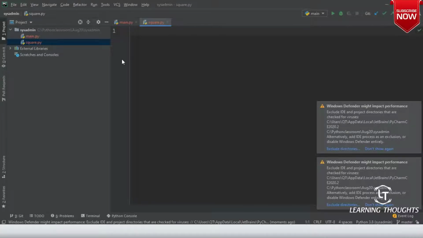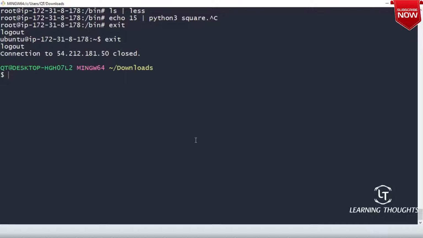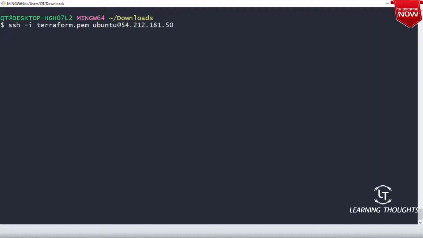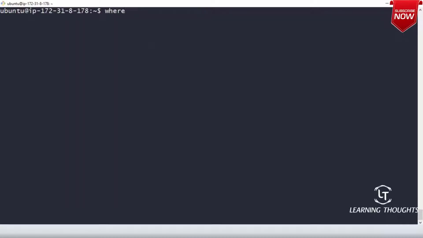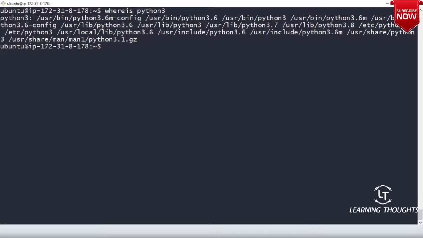Right. So generally, whenever you write any program for Linux, we will try to add something called a shebang at the top. Now you can log in to this machine and type where is python3.